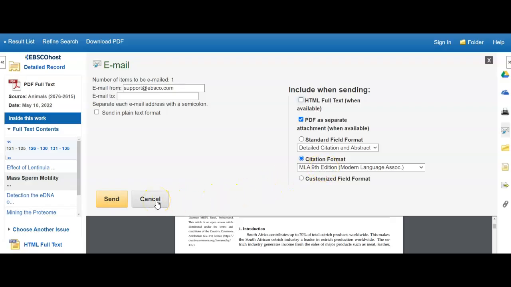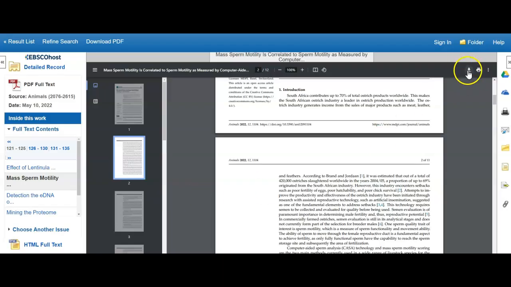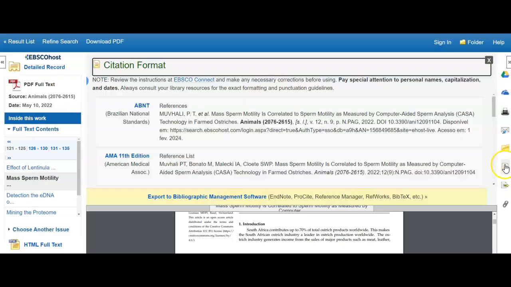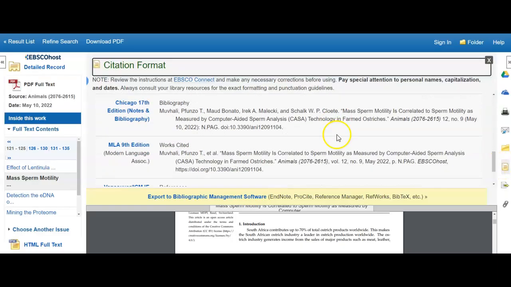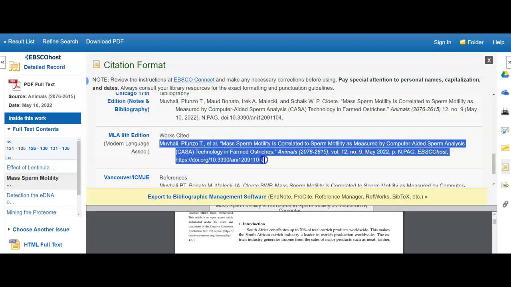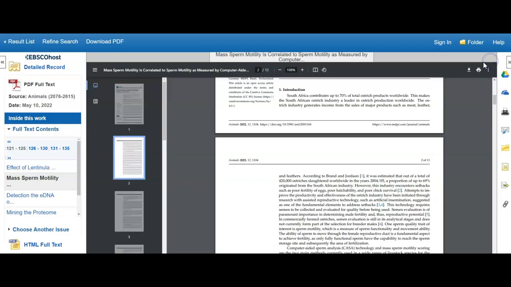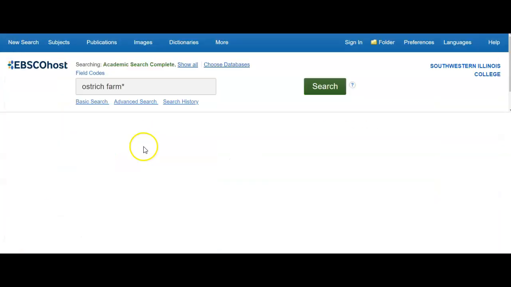I'm going to cancel out of here. If I choose just to download it to my laptop, know that you can click on this yellow piece of paper on the right, and it will give you all the different citation styles. You can come down to MLA and copy and paste this into your document. So it's just quick and easy. If I go back to my results list,